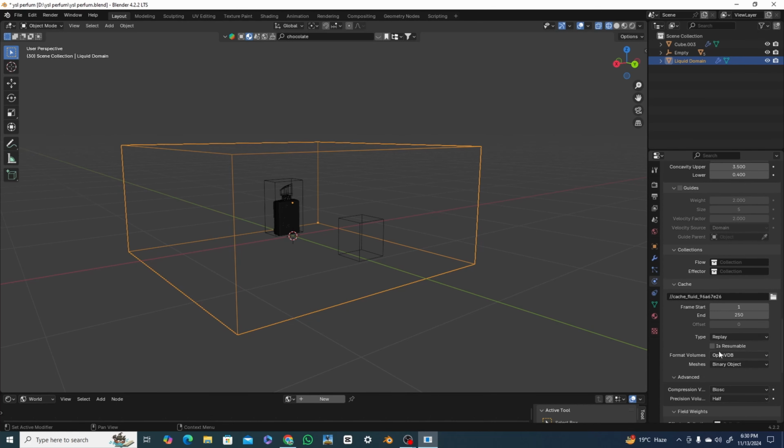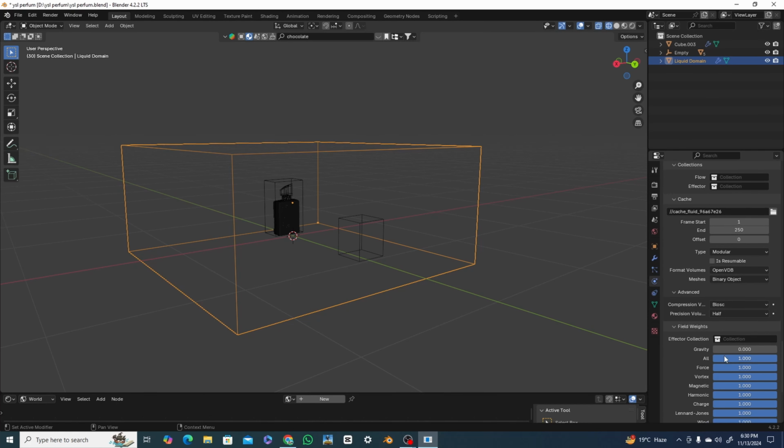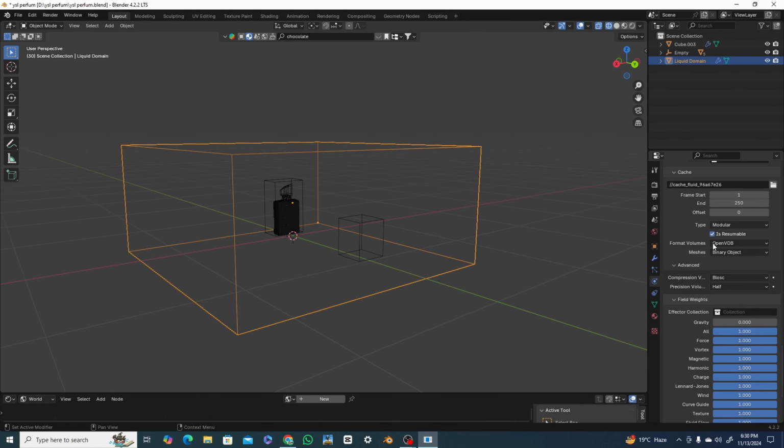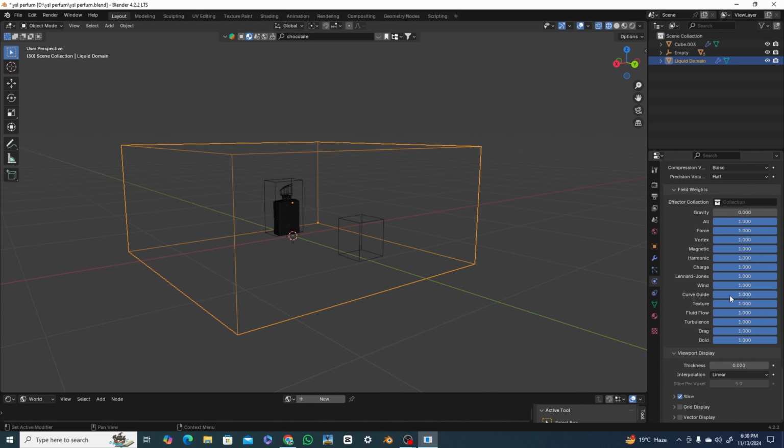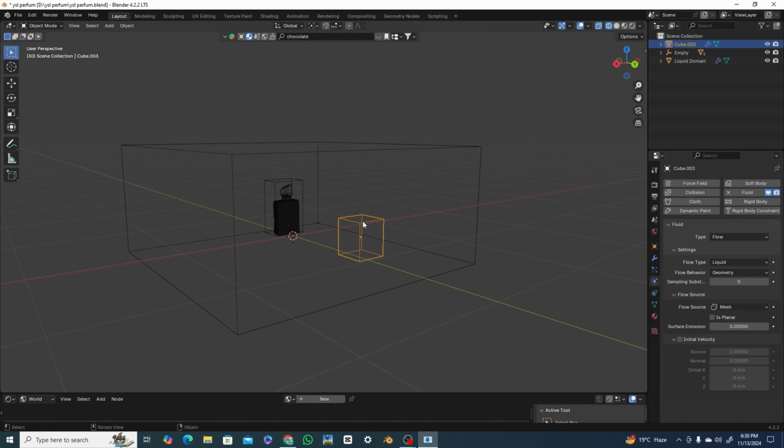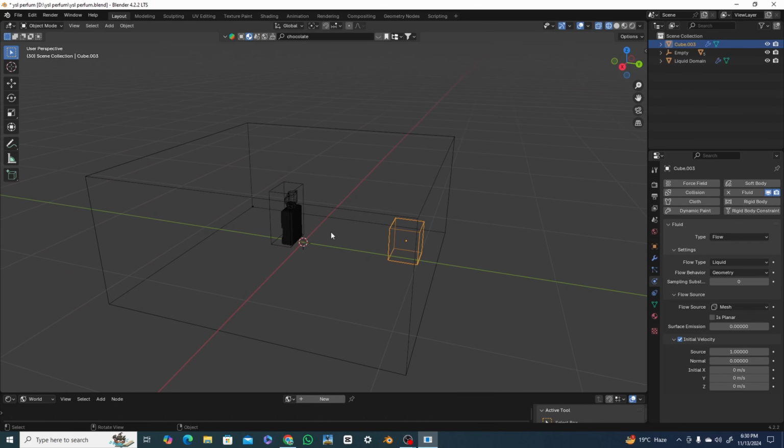now we will replay to modular, is resumable. Okay, now we will click on cube, initial velocity, y-axis minus y-axis. Okay, Y, negative 10. Okay,